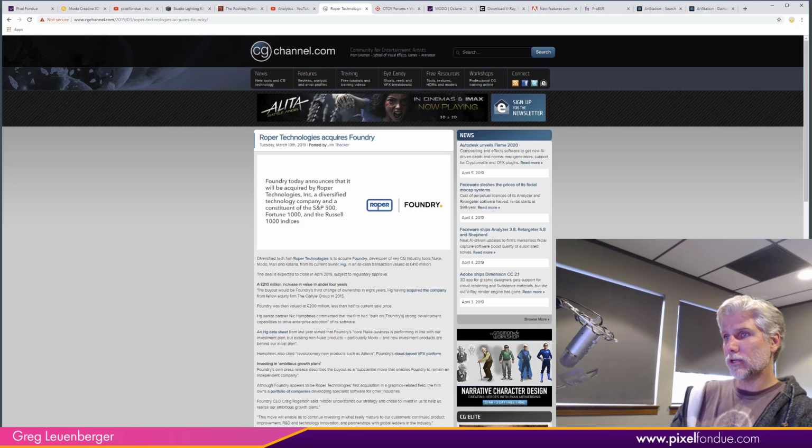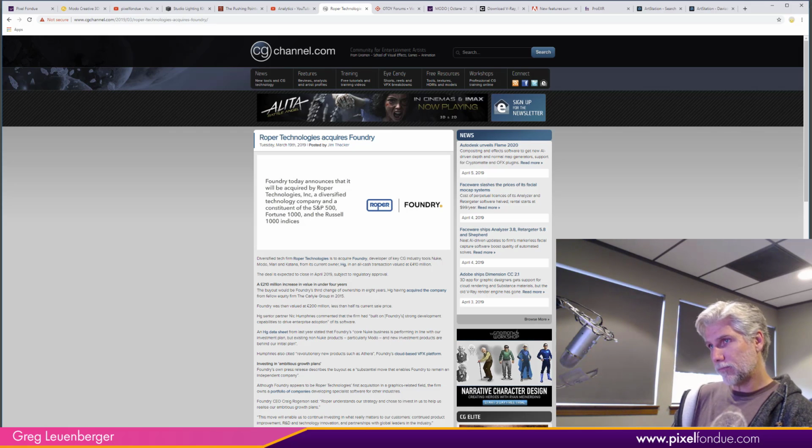So HG Capital really was just a buy and sell sort of company. They weren't necessarily interested in the long-term viability of Foundry. They just wanted it to appreciate and sell it for a profit, which appears what they did. Fine. They bought it from Carlyle Group, which was the same thing. So this is what has been going on for a while with Foundry, and Roper is an American company, so that's different because Foundry